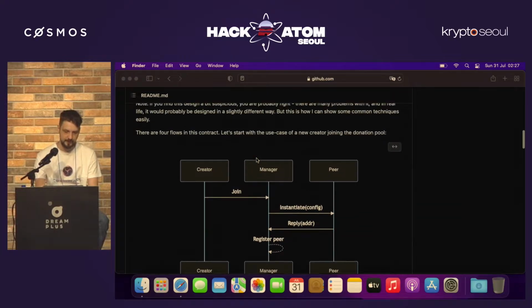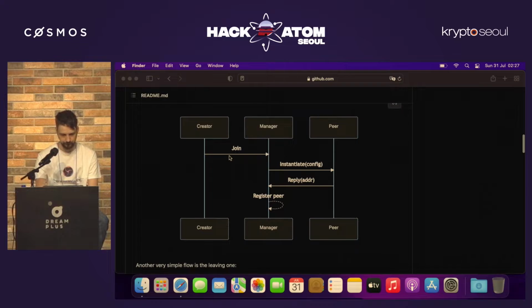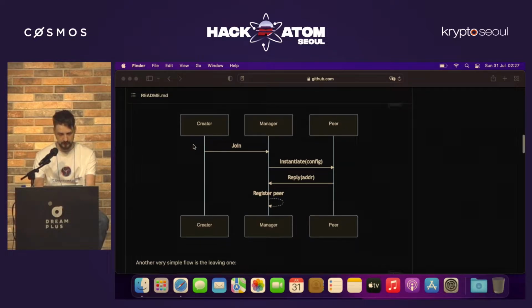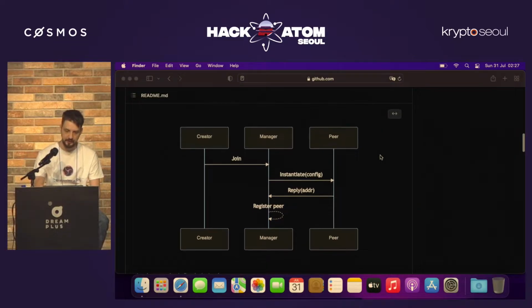And we have a couple of flows implemented. The join flow, a very simple one. So a creator is trying to join the pool. I'm not sure if it's visible. Maybe enlarge it a bit. Okay, I cannot enlarge it. Anyway,